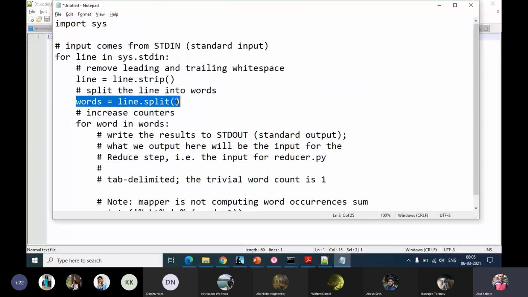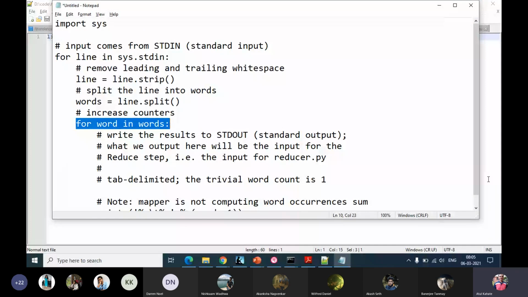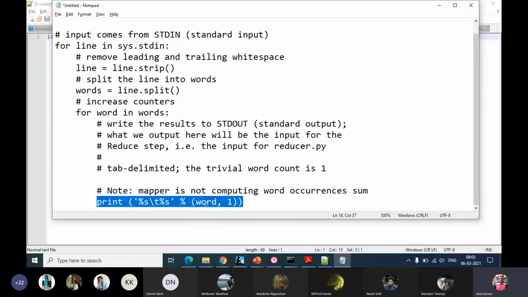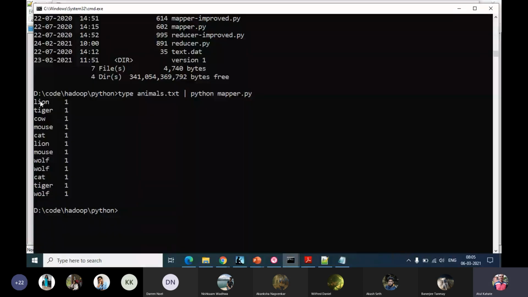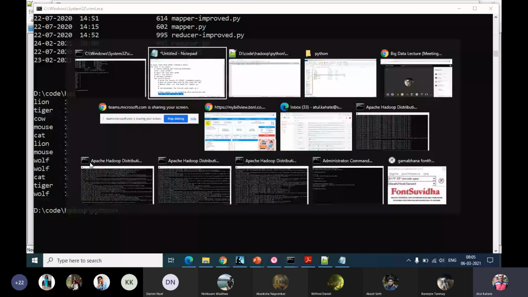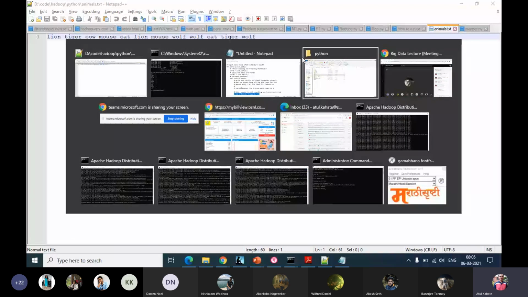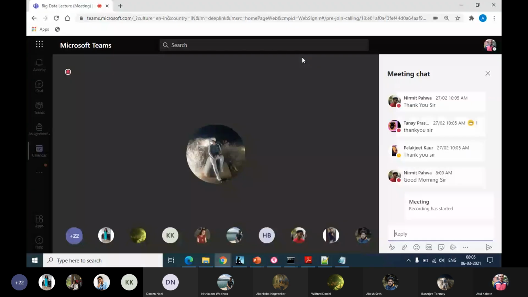Then we'll read all those words, that is that line, and then for each word that we have found, we simply print the word and a fixed count of 1. And that is why if we run the mapper code, we see this output. Lion 1, tiger 1, cow 1. If we have multiple lines, the same logic will work across all the different lines. Okay. So this is what we, I think, did last week. So any questions about this, anyone? Although we have tried it, still I just wish to check.